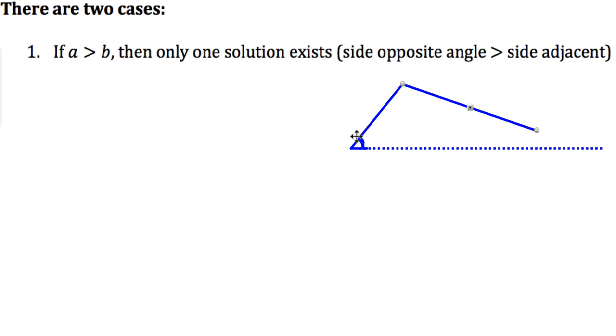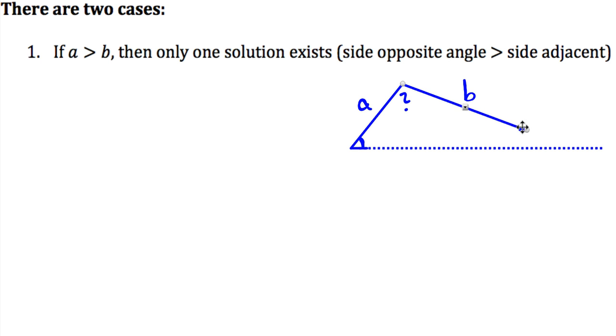So remember, we're given an angle and then we're given two side lengths that we know. The problem comes in that I don't know what this angle here is going to be when I spin this piece around. So what I've sketched out here, I've got this angle that I know, and that side is going to continue along this dotted line till we make a triangle. So if we take a look, here's my side A and my side B, where B is a lot bigger than A. If I start spinning this around, because I don't know what angle I'm going to have up here,